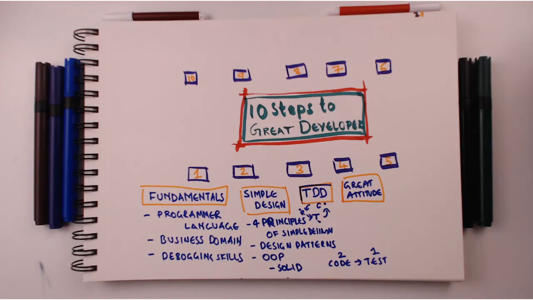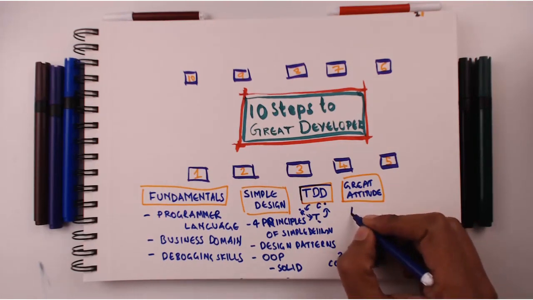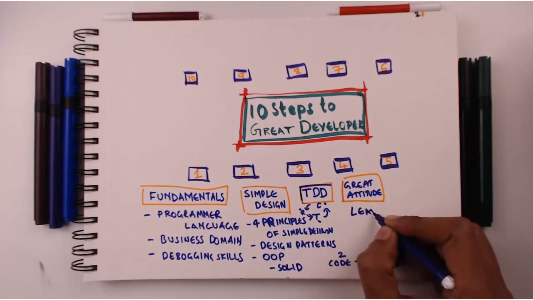One of the best ways to keep learning every day is to work with very smart people. So work with people who are smarter than yourself, and that would be the best way to keep learning every day. The other thing I would recommend you to do is to look at your project and try to learn from it. Try to understand why specific choices were made. So we are talking about the ability to learn. So continuous learning.